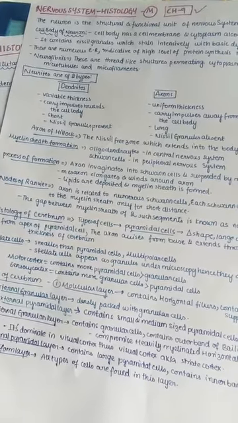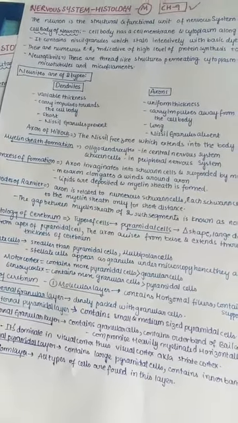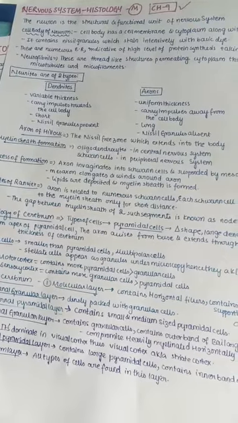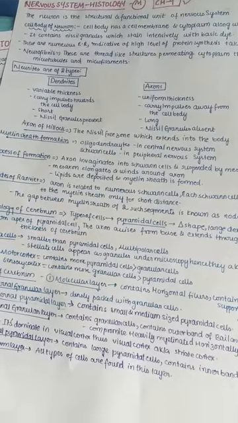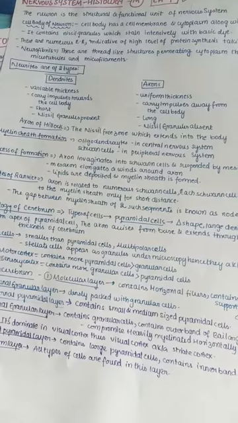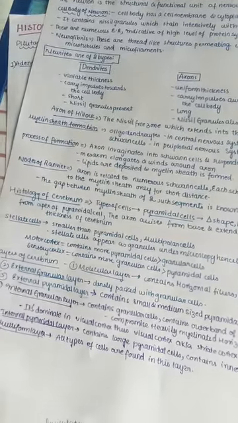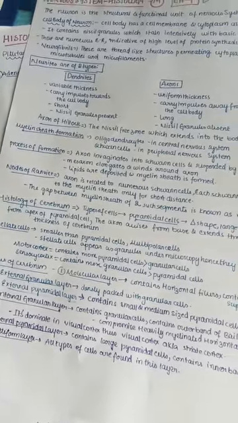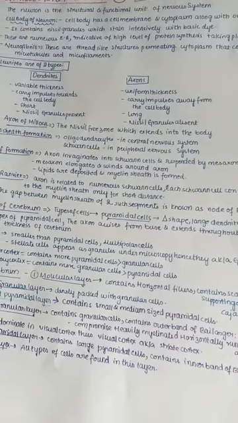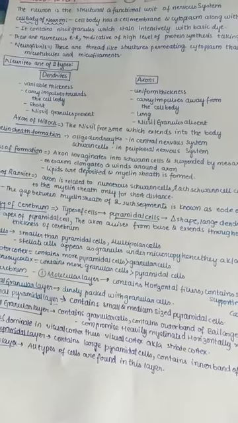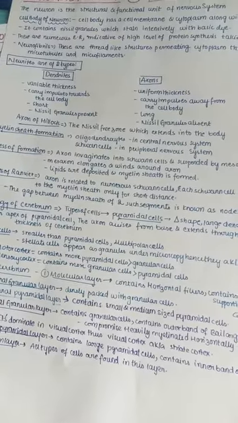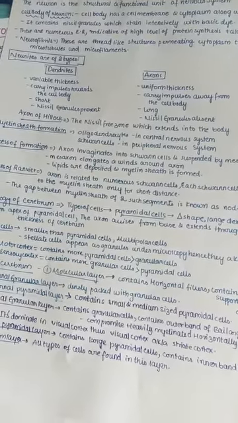And next, myelin sheath formation. How is the myelin sheath formed? The oligodendrocytes help in formation in the CNS, that is the central nervous system, and the Schwann cells help in formation in the peripheral nervous system. Next, let us see the process of formation. The axon invaginates into the Schwann cell and is suspended by the mesaxon, and the mesaxon elongates and winds around the axon. The lipids are deposited in between and the myelin sheath is thus formed.